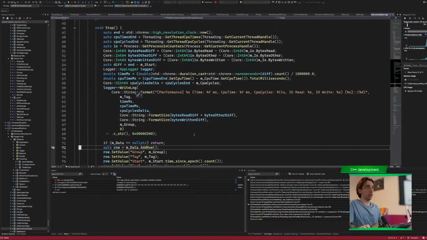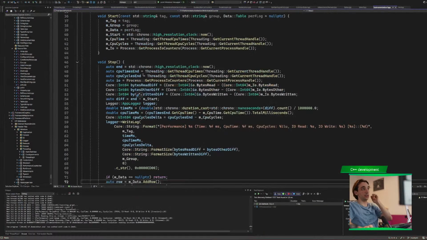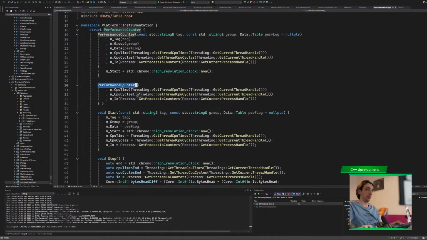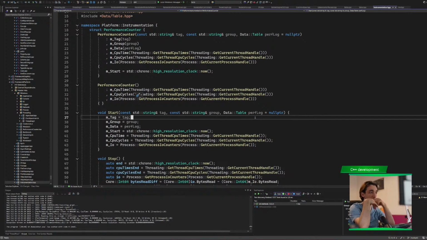Now it seems that M data is accessed quite a bit. Oh, this is the same table. Yes, this is the same table. Oh, I need to implement a kind of concurrent performance counter, because I'm accessing the same table, and this is too fast. This is too fast and kind of violates all the things. Okay, so